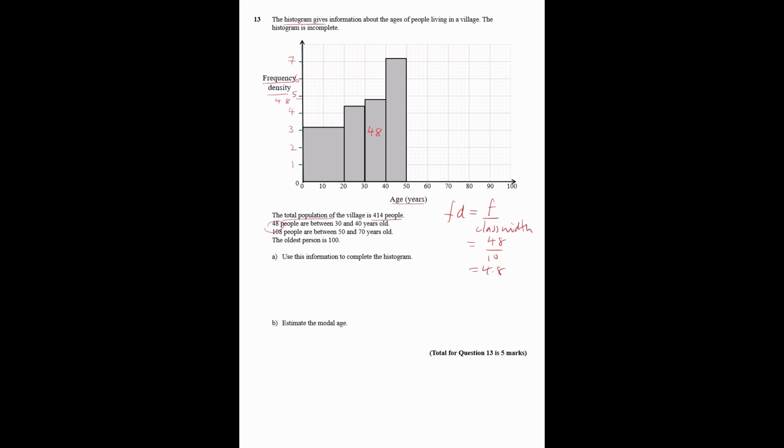Right. 108 people are between 50 and 70. So 50 to 70 is 108 people. So 108 is the frequency divided by the class width, which is 20. 108 divided by 20, which is 5.4. So 5.4, that's 5.4. Right, so that's out there to 70. And then